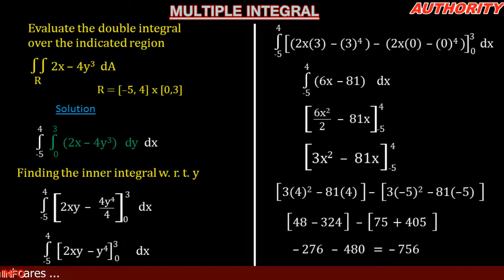We evaluate. It gives us minus 756. So this is the value of the double integral over the bounded region minus 5 to 4, 0 to 3, of the function 2x minus 4y cubed. So we evaluate the double integral and then we have minus